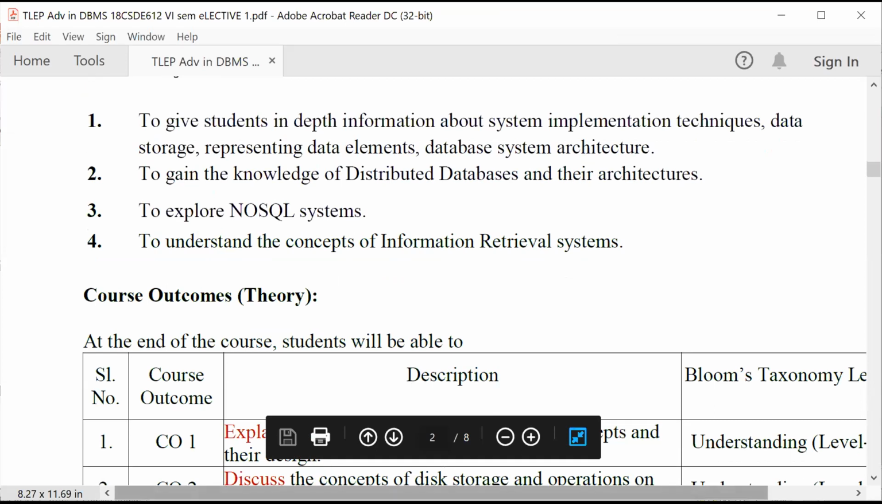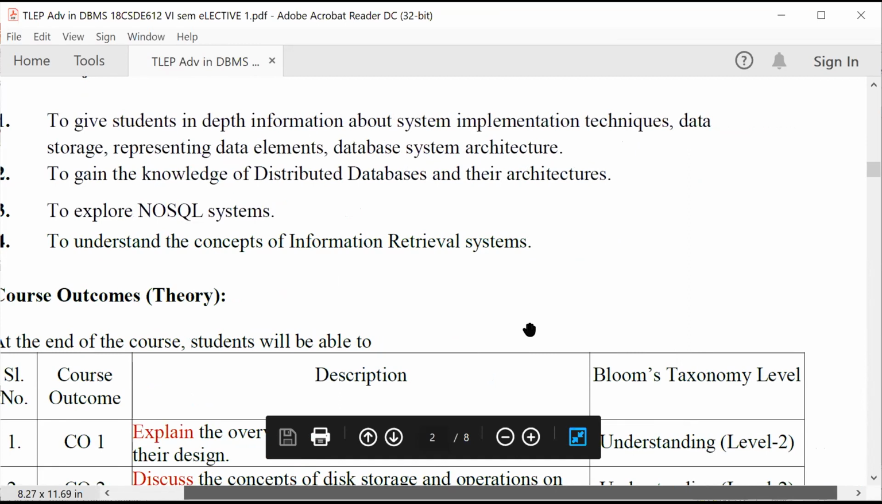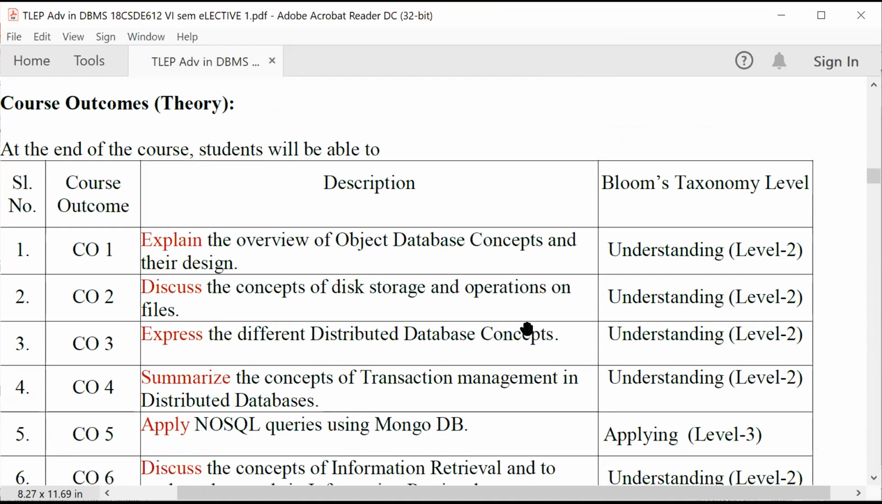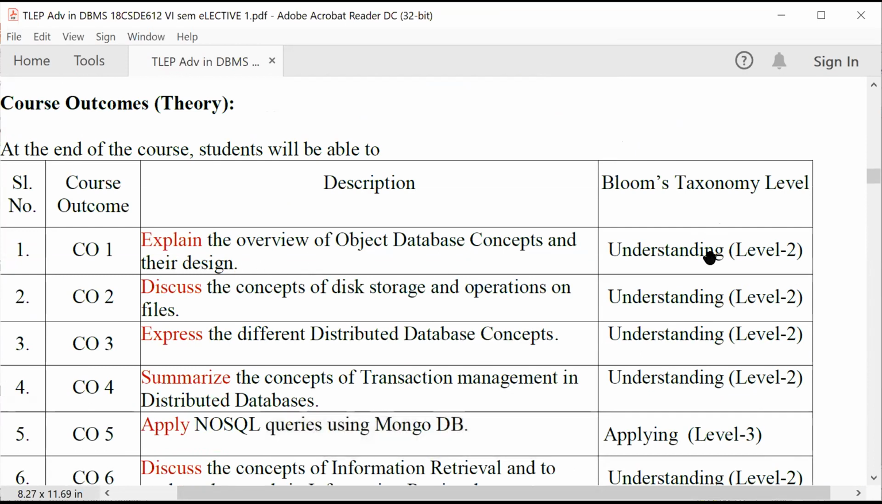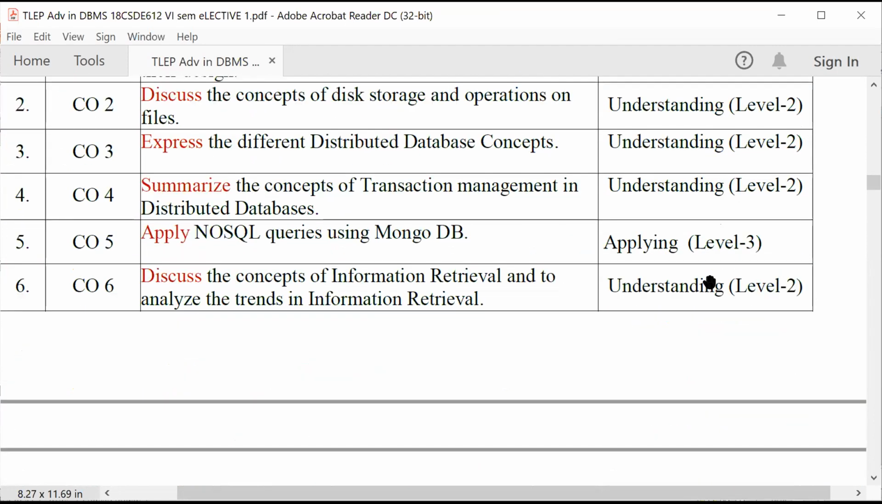And yesterday itself we discussed the course outcomes. Your course is having 6 course outcomes. The first course outcome is explain the overview of object database concepts and their design. So it is in the understanding level. Bloom's taxonomy level is level 2. So first level is knowledge. I think you will be having the